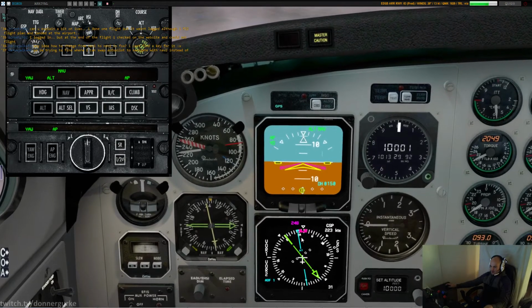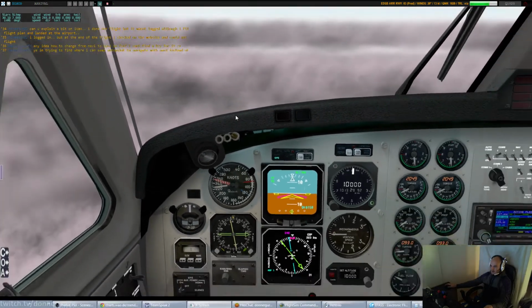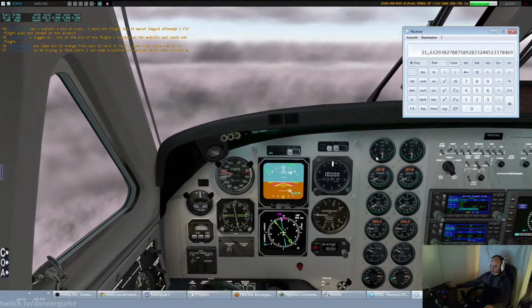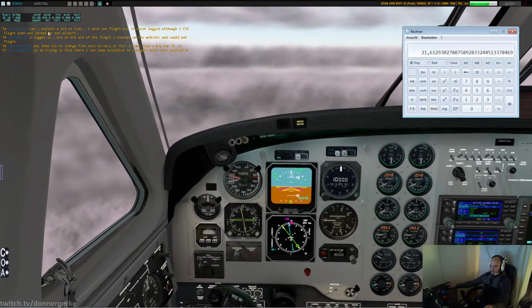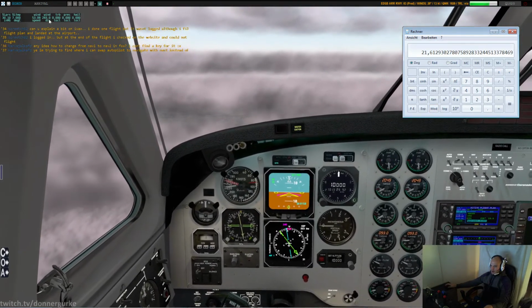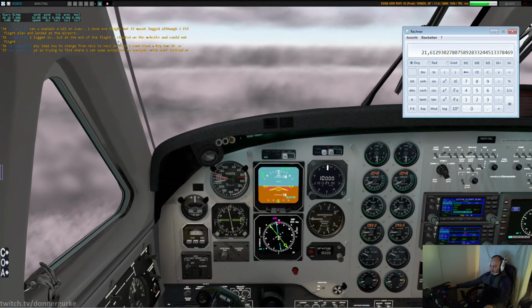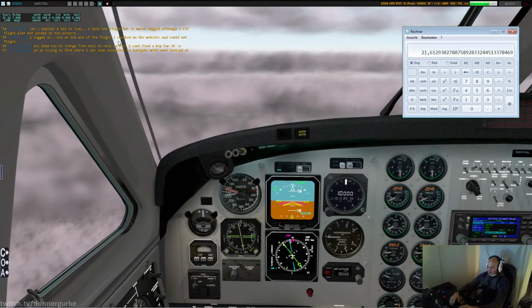And the needle is pointing somewhere to 238, so that's about 10 degrees. But what we want to do is, the track that we're going to fly is 031, and we have winds from 293, and all you need to do now